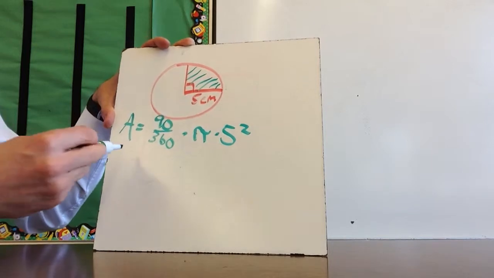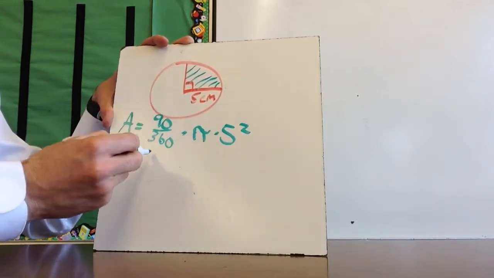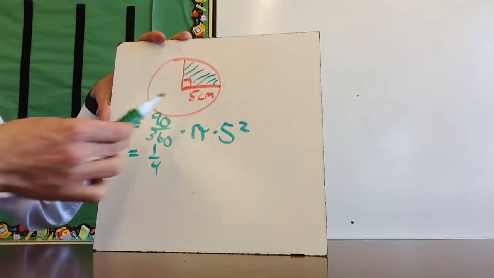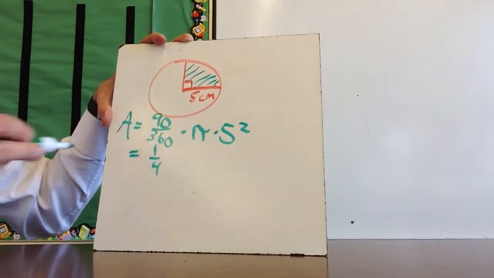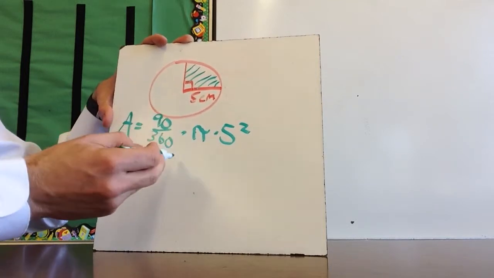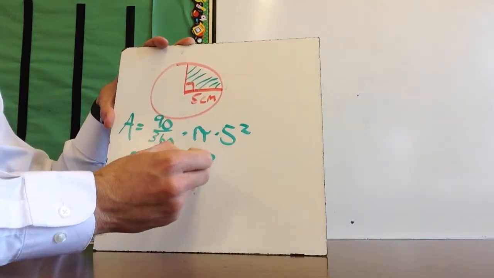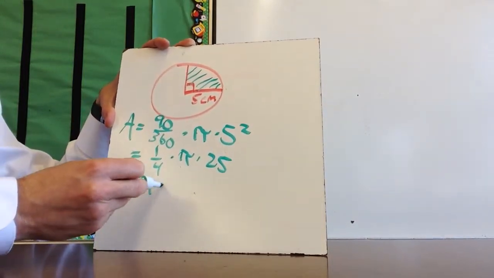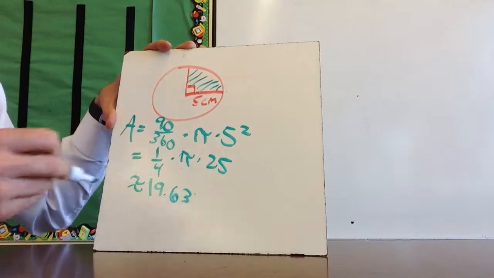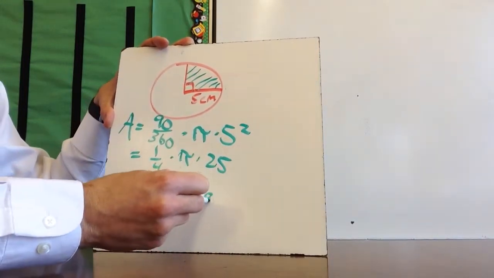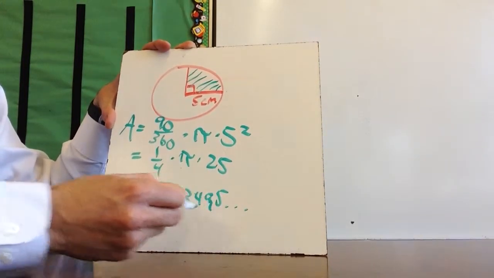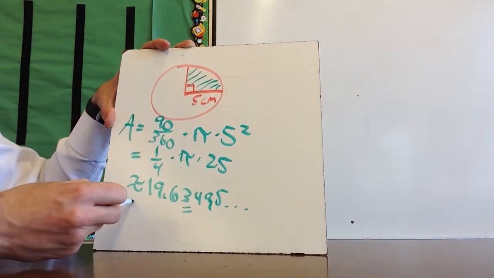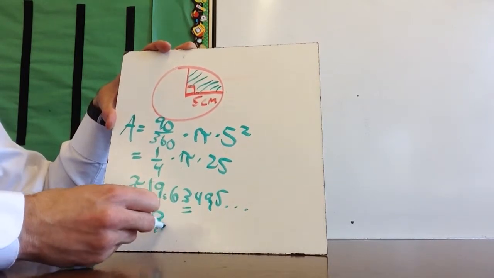Now I can reduce this to 1/4, though if you're using a calculator you wouldn't necessarily have to. You can also think of this as being 1/4 of the circle, right? So 1/4 times pi times 25. Now when I multiply all of this together, I'm going to get approximately 19.63495 dot dot dot. This 3 tells me that I should leave the 6 alone, and so this is approximately 19.6